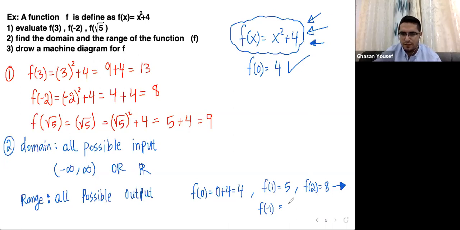Yes, it is 5, not 3. Okay. What about f of -2? What is the answer? -2 squared is 4, and 4 plus 4 is